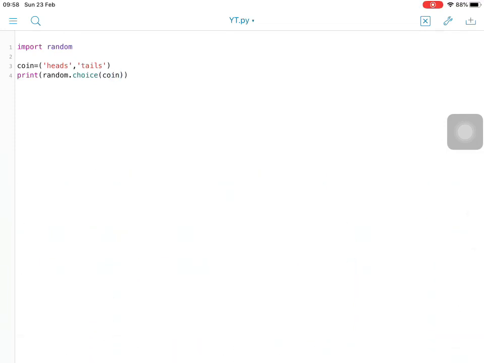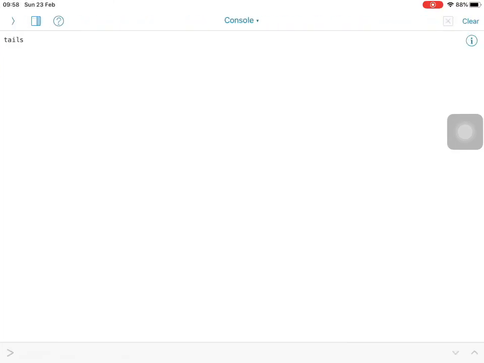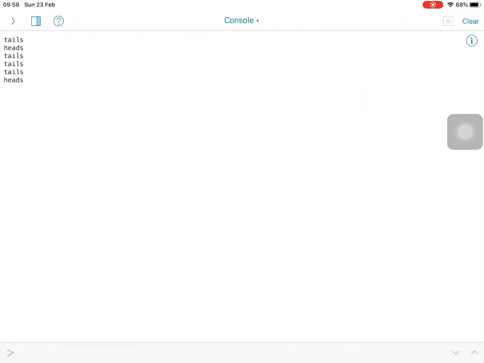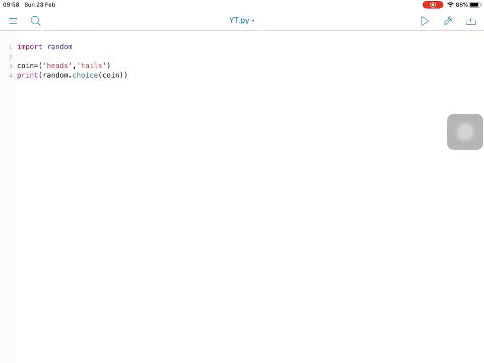So now this should just randomly generate a coin. So here it says tails and heads and tails again, yep. And then you can see, guys, sometimes obviously it will go for quite a few in a row, but that is how you make a really simple, only 4 lines of code,